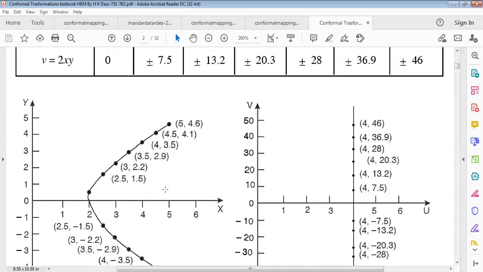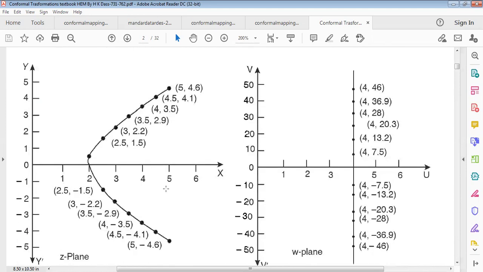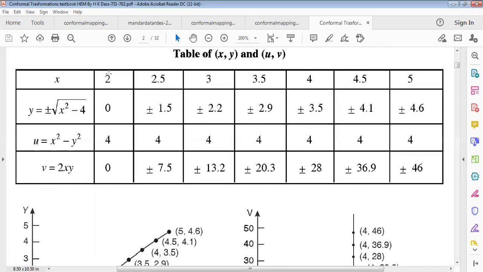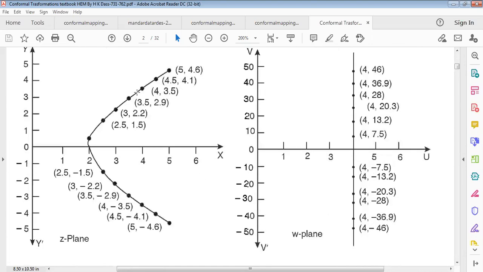Now if we try to plot this graph in the z plane, this is the origin, the x-axis, the real axis, and this is the imaginary axis, y values, and this is the negative part of the imaginary axis. So for every value of x, we get another value of y. Now plotting these values, x comma y: 2 comma 0 and 2.5 comma 1.5. We can get this curve. Okay, this is for a positive value of y, and this is for a negative value of y.